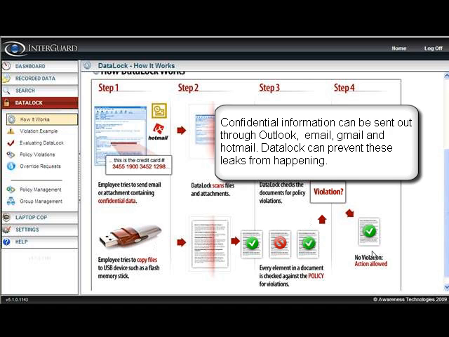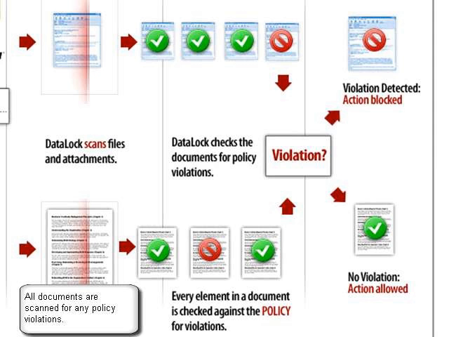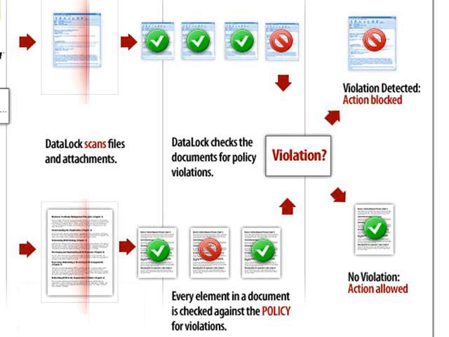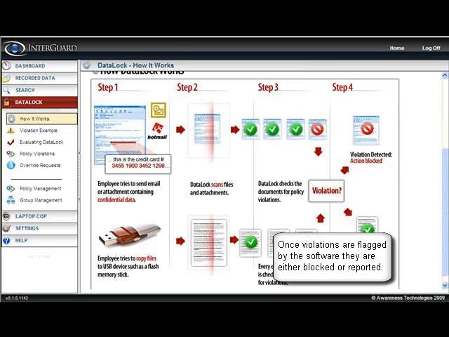What Data Lock does is it scours the entire document. It will look for any policy violations. Those policies, remember, exist on the actual machine, so this is done instantly. So if, for example, Social Security numbers or credit card numbers are disallowed, let's say if it encounters 3 or more credit card numbers or 5 or more Social Security numbers, let's say that's a policy. If the email or the document that's trying to be written to USB contains that, the violation will be flagged,